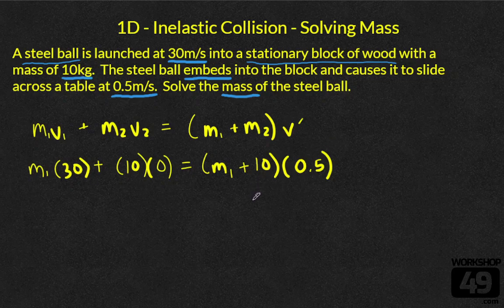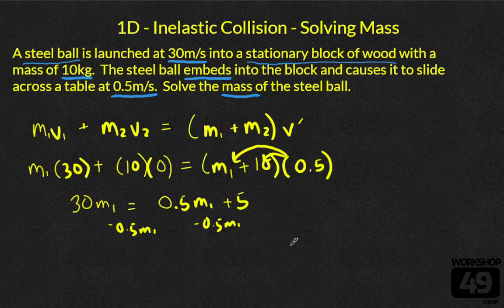At this point, we can start tidying this up with a little bit of math. And we end up with 30 m1. This term vanishes. 10 times 0 is gone. We're going to multiply this 0.5 in using our little distributive property here, and we end up with 0.5 m1 plus 5. This is going to tidy up so quickly once we've filled these things in. We subtract 0.5 m1 from both sides, and it's going to leave us with